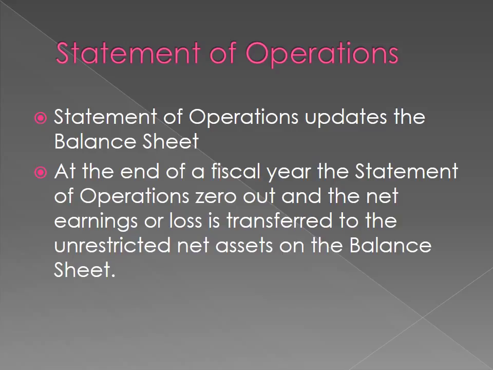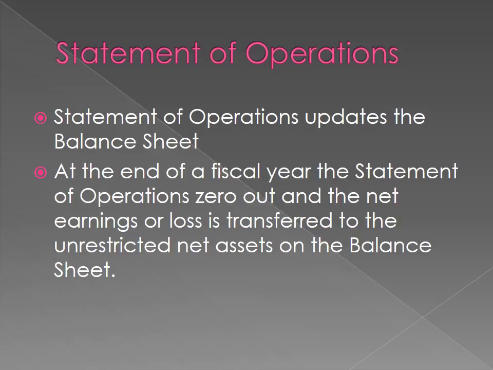So theoretically, within the first few seconds of a new fiscal year, after midnight, all of the numbers on the statement of operations are zeros. And then we start accumulating expenses and revenue, and it shows up on our first month